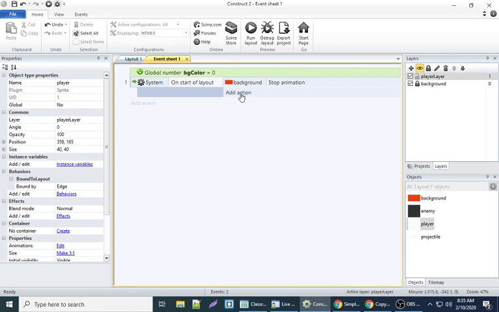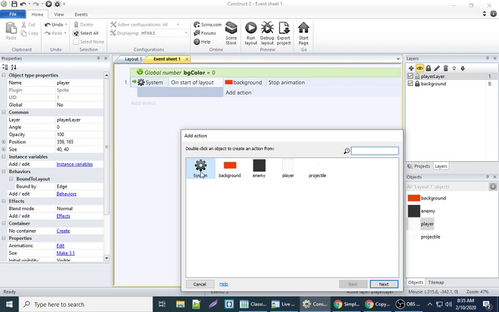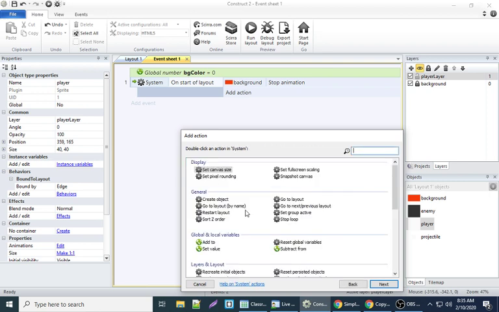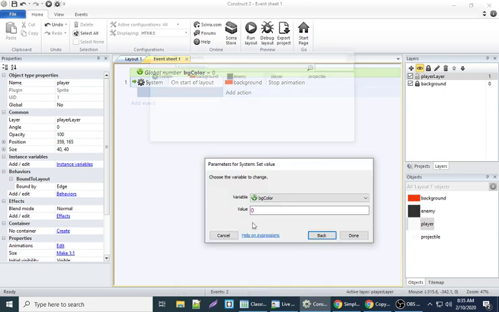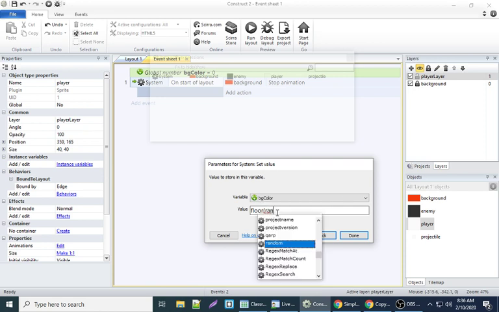The other action we're going to add is going to be to the system. The system, we want to set value of BG color, because it's our little variable. That's where we're going to store it. And this is where we start to get some of our JavaScript code in here. We're going to set it to the value of floor. And as soon as I type floor, it says rounds down to nearest integer. Round down to integer. So now inside the floor, we're going to say random